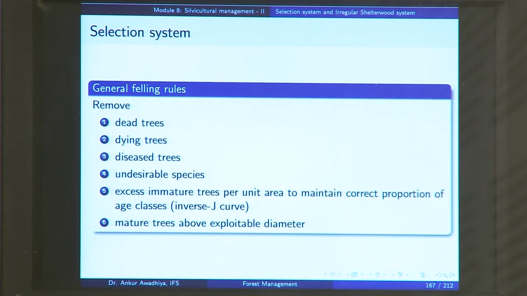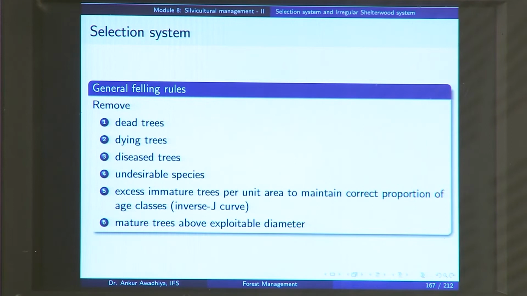So, the most preferred is that all these dead, dying and diseased trees are removed, so that you no longer have any disease or any pest or any insects in the system, so that you are trying to maintain the health of the system. After these dead, dying and diseased trees, next is the preference of the undesirable